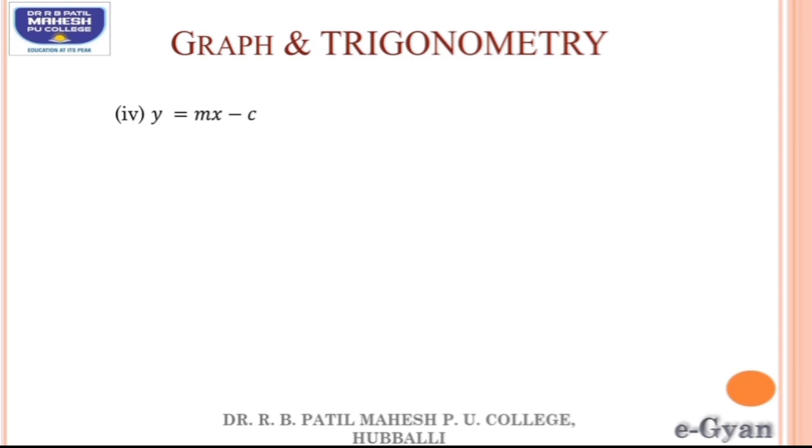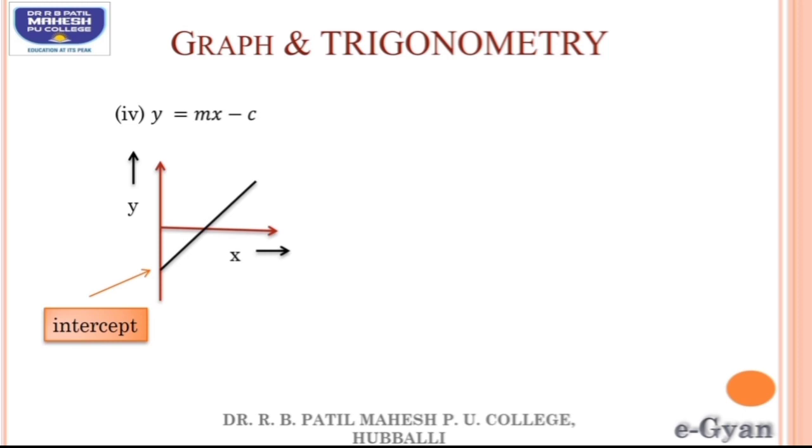Next equation, y equal to mx minus c. Now in this equation, the value of c is negative and the nature of the graph for this is shown by this, and here the line intercepts the negative y-axis. That means initially when x equal to 0, y will have a negative value. As we increase the value of x, the value of y will move towards positive. Once mx is equal to c, then y is equal to 0, and further increasing the value of x will give a positive value of y.